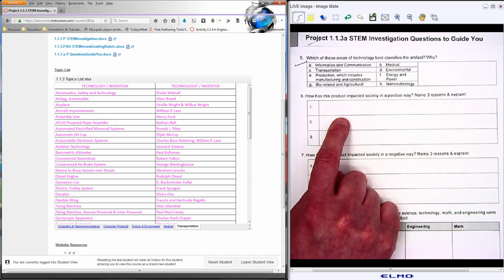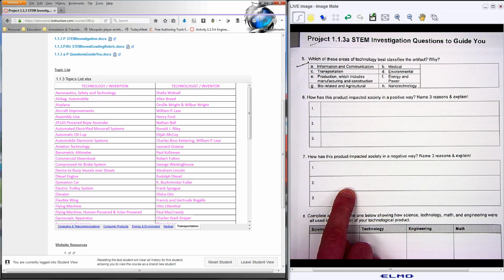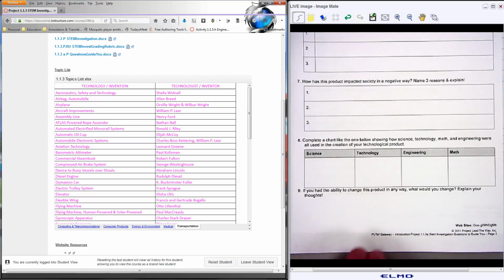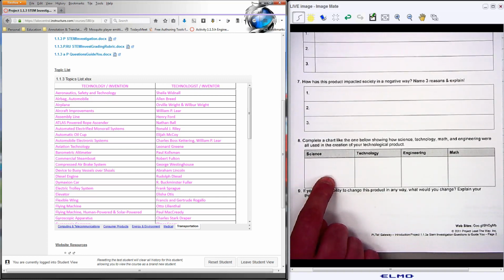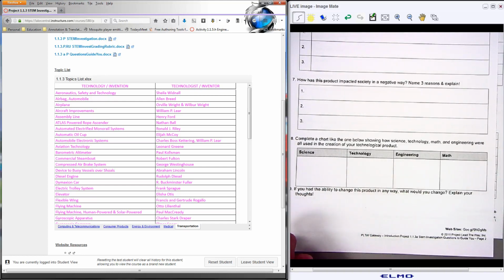Number 6, how has this product impacted society in a positive way? And number 7, how has it impacted society in a negative way? So we're going to name 3 reasons and explain. Don't just give a reason, give a reason and why you put that down. Number 8, complete the chart below, the STEM chart. So how has science, technology, engineering, and math contributed to making your